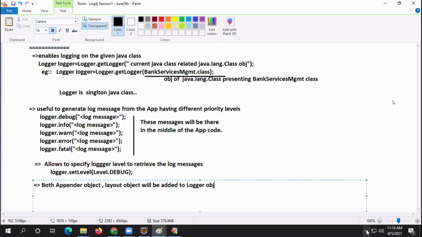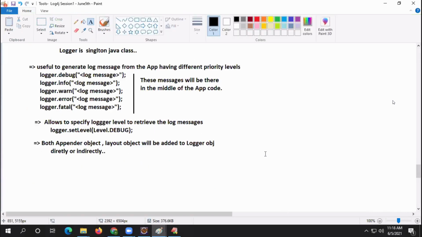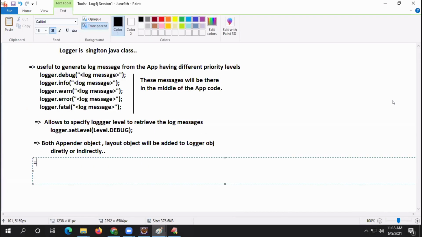Will be added to the logger object directly or indirectly. Next. Instructions: inputs to the logger object can be hard coded.